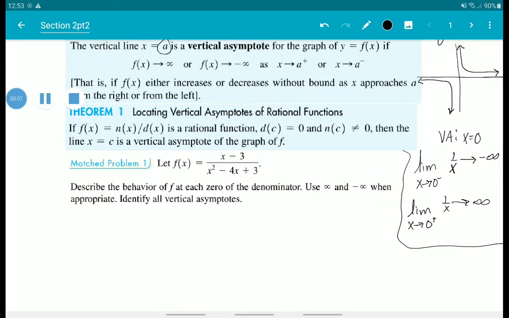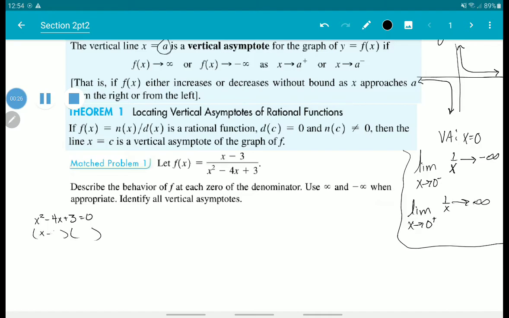So let's take a look at another one. Let's look at matched problem 1. We have the function x minus 3 over x squared minus 4x plus 3. They're asking us to describe the behavior of f at each 0 of the denominator. So if we were to set that denominator equal to 0,